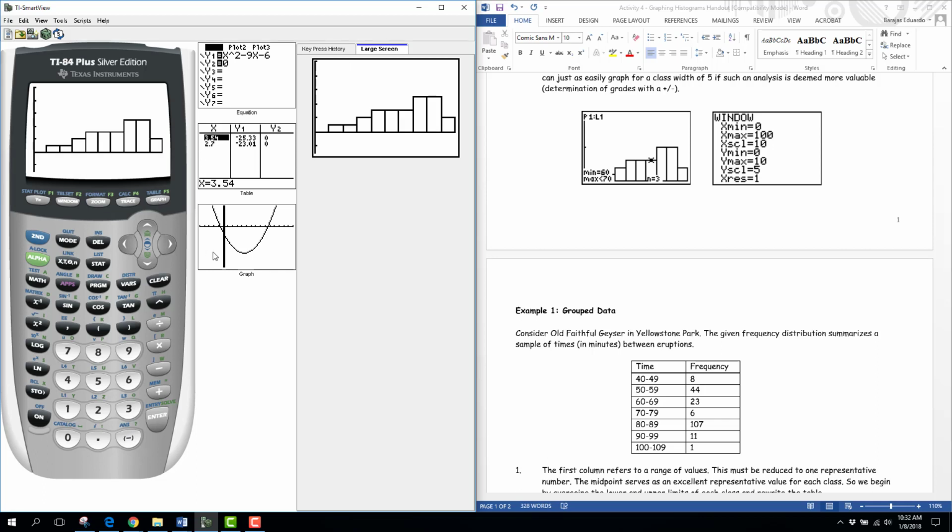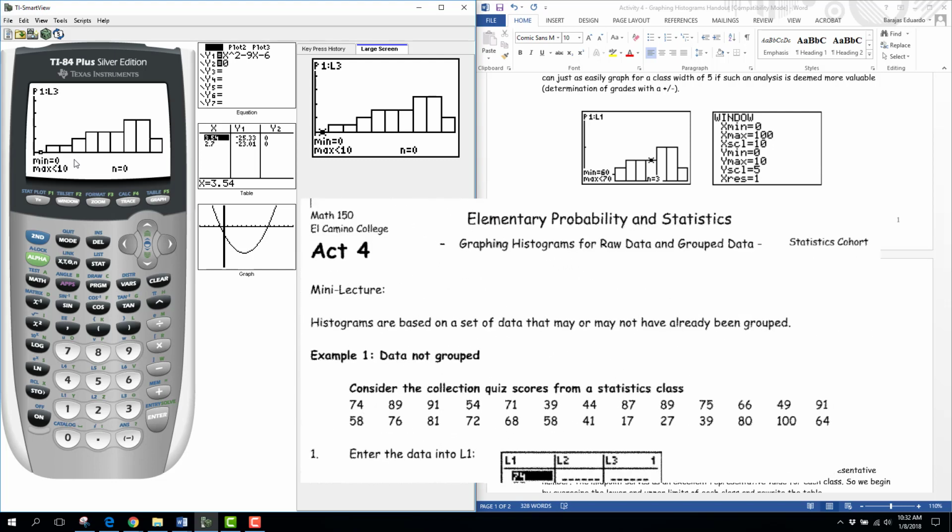Okay, so it gives you a little bit of a nice space there in blank. And now when I hit trace, yeah, perfect. Now there's enough room there so that I can see what I'm doing. Okay, so now that little blinking cursor, for the first class, there's nobody that landed between 0 and 10,